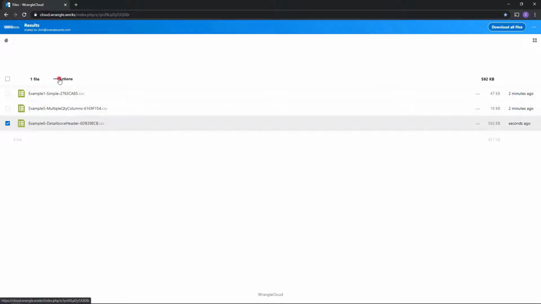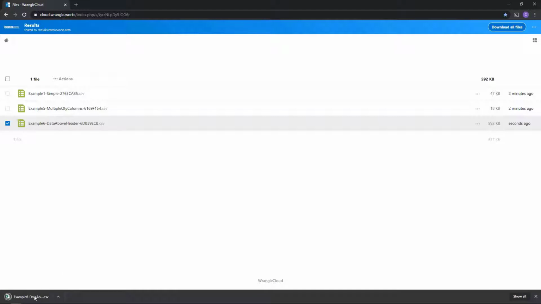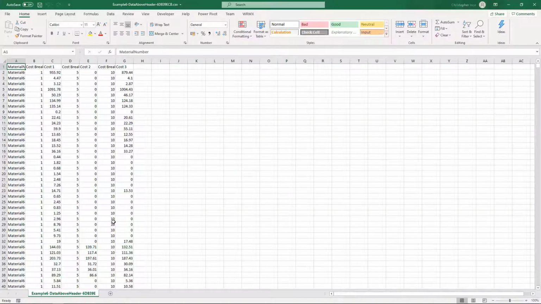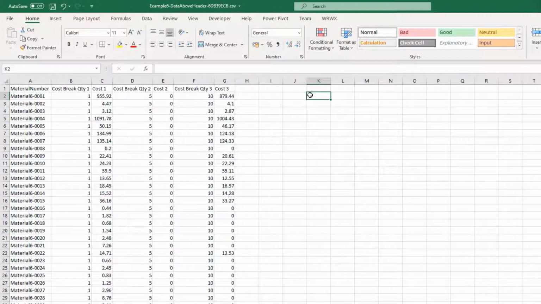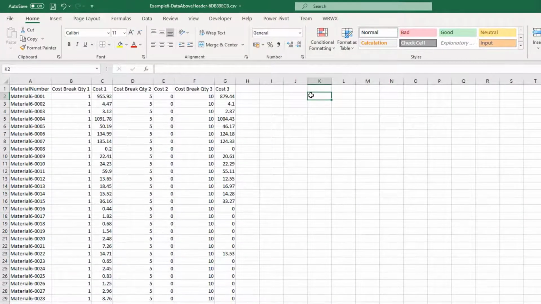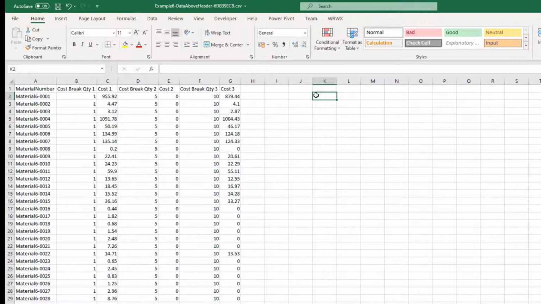You'll see when we open up the file that those quantity break values are actually correctly mapped into quantity break 1, quantity break 2, quantity break 3. You may have noticed there were actually more than 3 quantity breaks in that file. We just mapped the first 3 for the